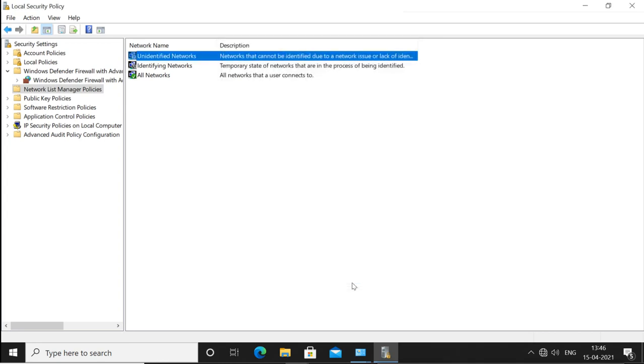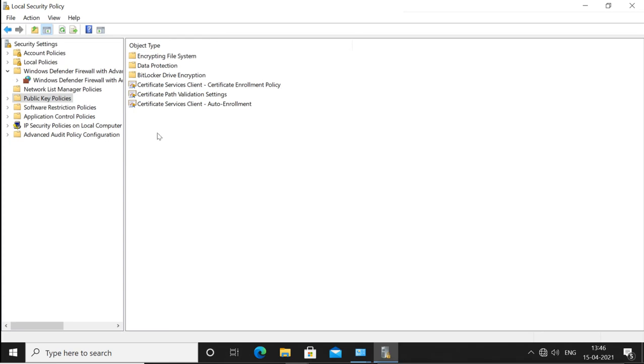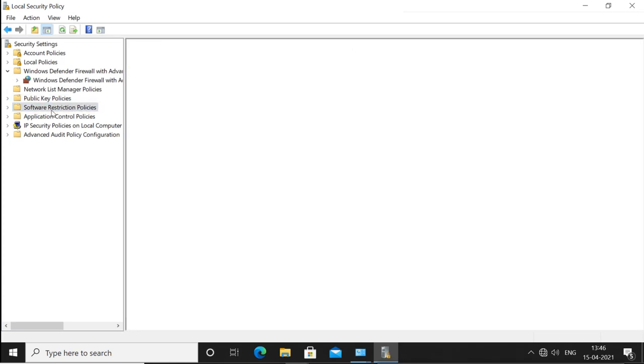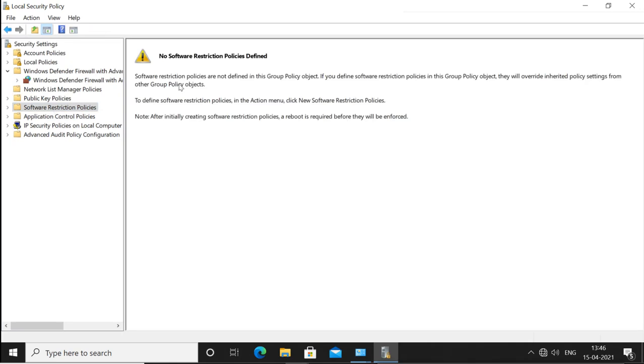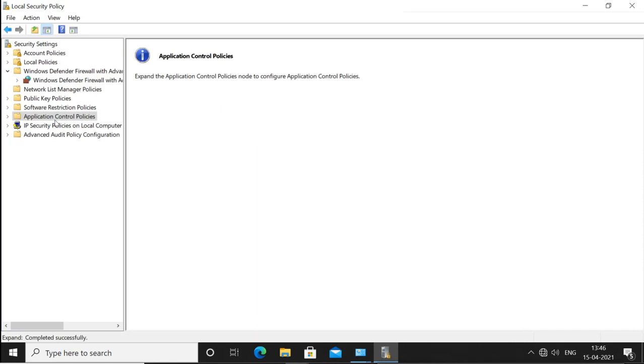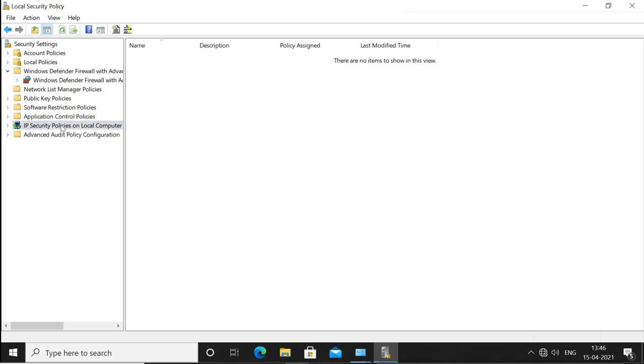Then these are the key policies for certificates and encryption, and software restriction policies to restrict software, and also application control policy, the same for restricting applications. Then this policy is to secure your connection between one machine and another machine.